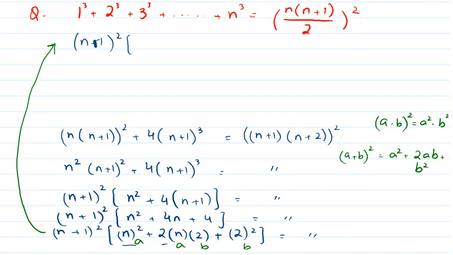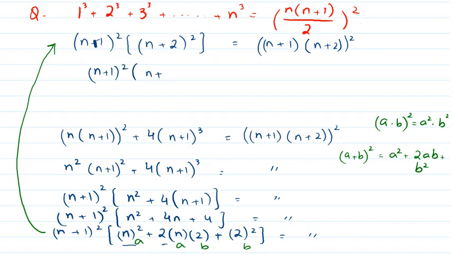ठीक, तो ये किसके इक्वल हो गया, a प्लस b होल स्क्वायर के. तो a मेरा क्या है, n है, b को मैंने किसके इक्वेट किया हुआ है, 2 के, तो ये n प्लस 2 का इनफैक्ट होल स्क्वायर है. And what we had on the right hand side is n plus 1 times n plus 2 whole square. ठीक, so this is in fact n plus 1 square